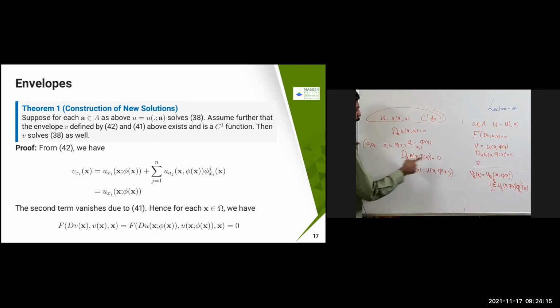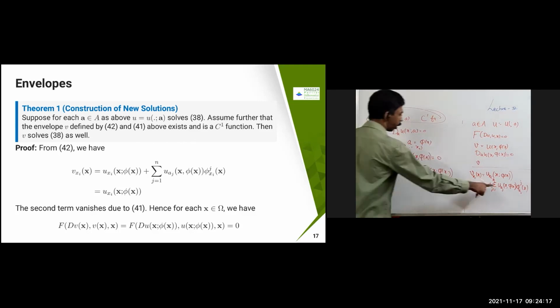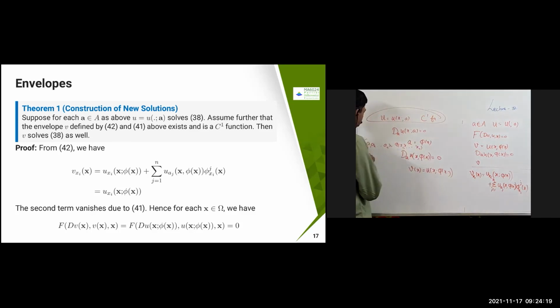So if I have to differentiate this one, first I have to take this one with respect to aj, and each a1 is going to be something like pi 1 of x1, x2, etc., xn is going to be there. That means a matrix formulation is going to come, because it is a change of basis I am going to apply. So a matrix is going to come. So that is the reason here.